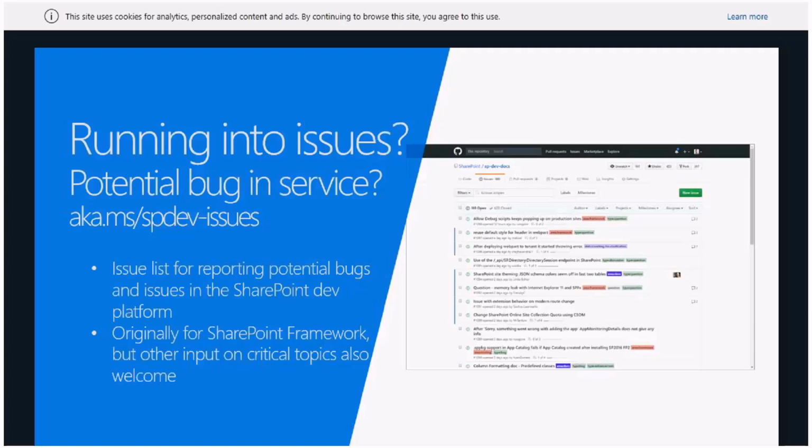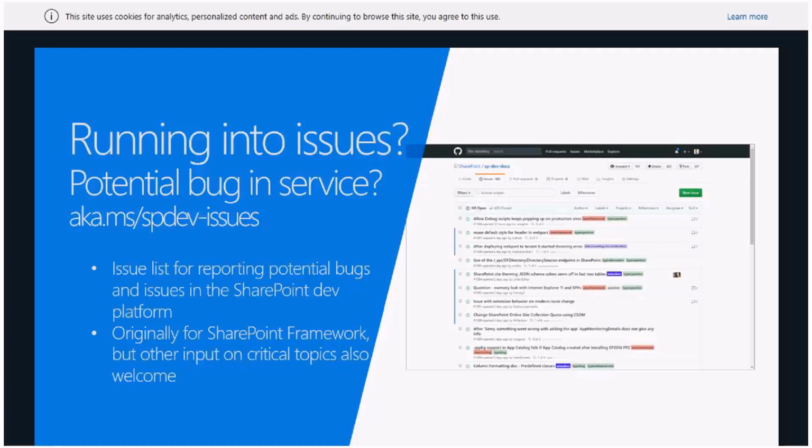So this is meant originally for potential SharePoint Framework issues, but obviously if you find anything critical on other SharePoint areas as well, we're more than interested in hearing those through the issue list channel. And this doesn't require anything else from you than submitting an issue on the issue list.